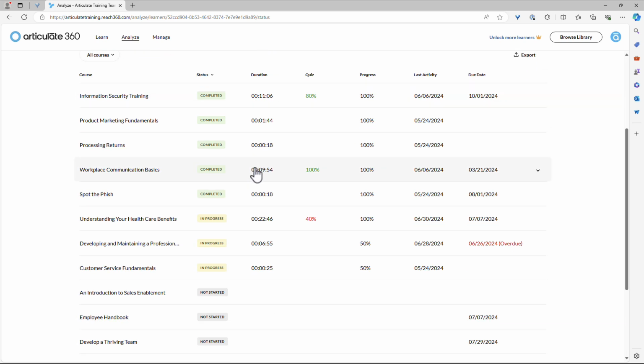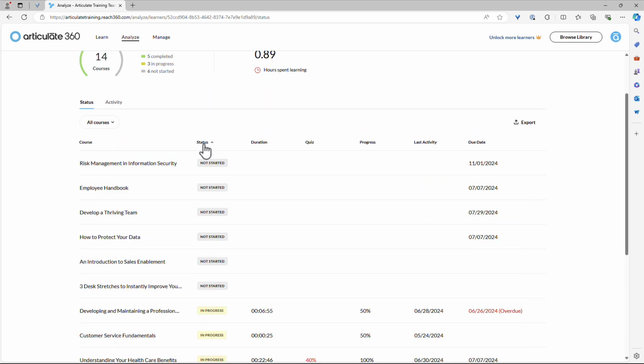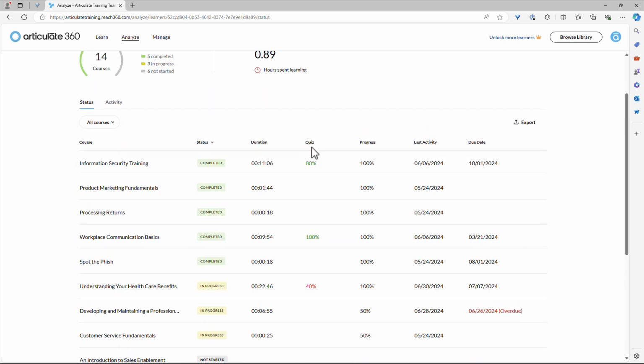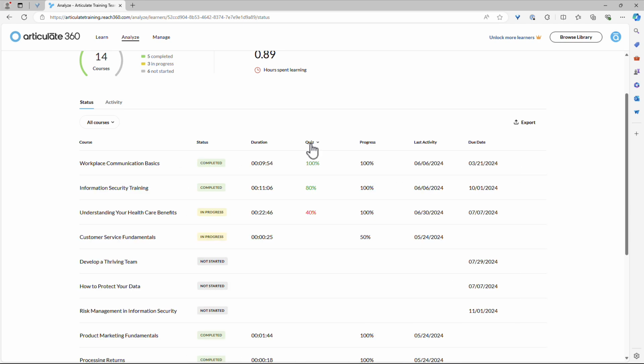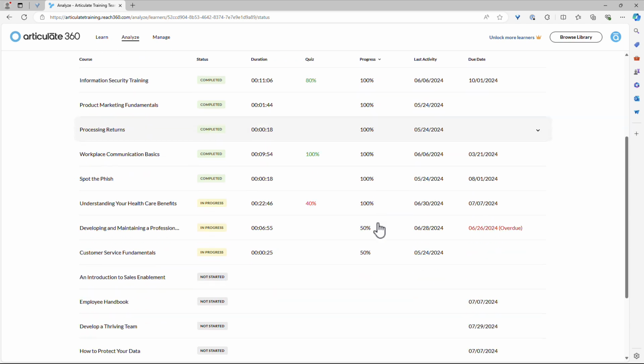And of course, these columns are all going to be sortable as well. So if I wanted to sort by status, I can see all of his completed. I can sort maybe by his quiz scores up and down, and also see where he is in his progress, right? So completed courses and then